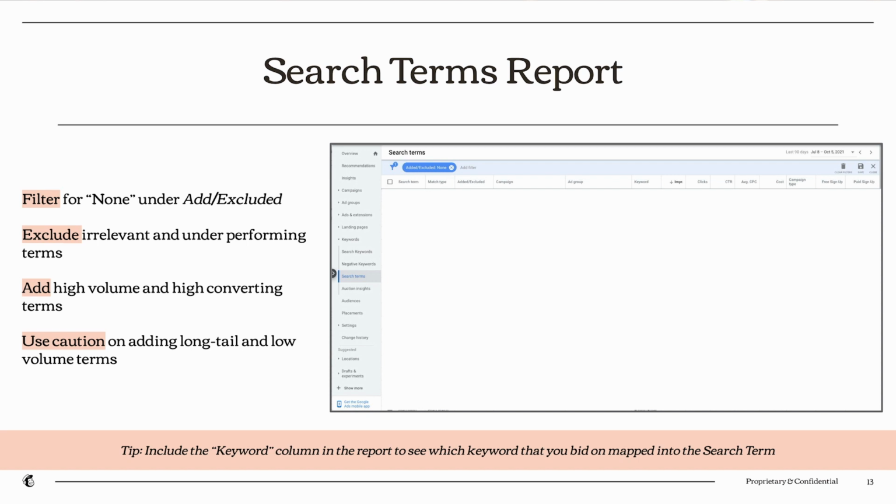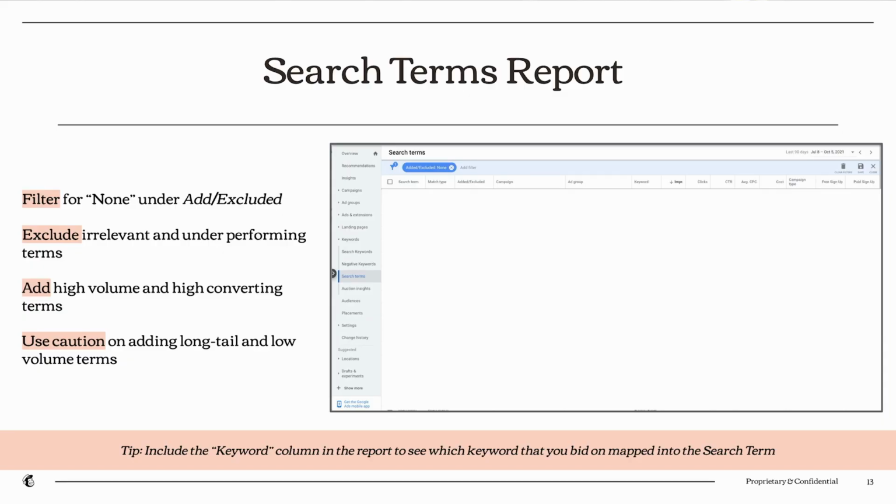The reason being, similar to the status wanting to be enabled for our keywords, I don't necessarily need to make any optimizations off of anything that I've already excluded or added to the account. Instead, I want to focus on those keywords that I haven't done anything to yet. So once I filter for that, I then look to see what irrelevant keywords I might be mapping into. I tend to sort oftentimes by impression volume and cost at first, just to see where most of my impressions are coming from, where most of my cost is going, and from there deciding if there are things that I'm mapping into that just really aren't performing well for me, either based on, once again, that conversion metric, potentially a high CPC, or just does not fit with the brand that I have and doesn't seem like something I want to show an ad for anymore in the future.